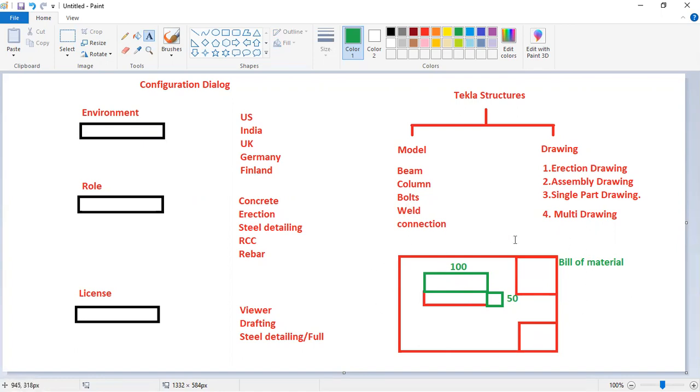Okay, once you generate a single beam, then typically you can create all the other kinds of assemblies in a single go, right? So once you have done the settings for this drawing, then we can directly create all the drawings in one go.